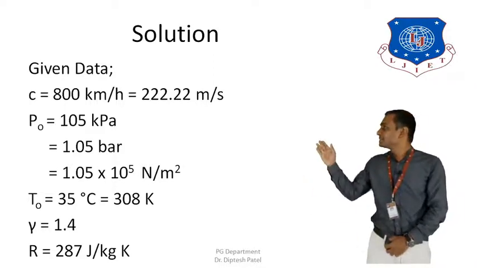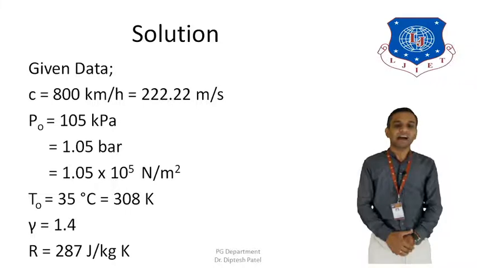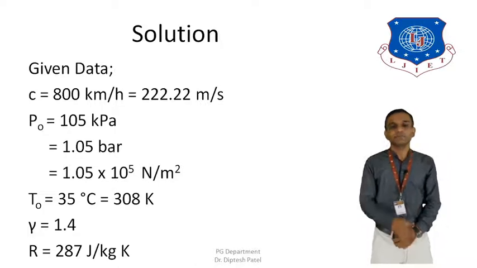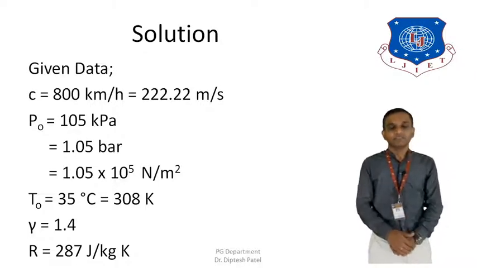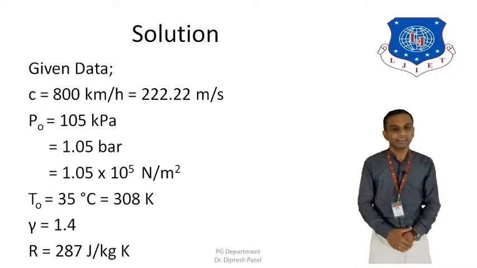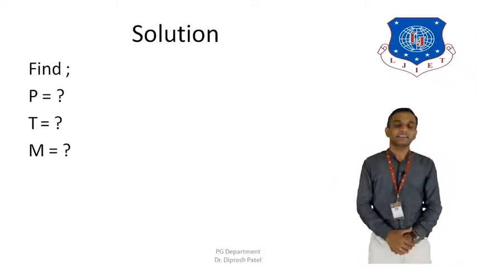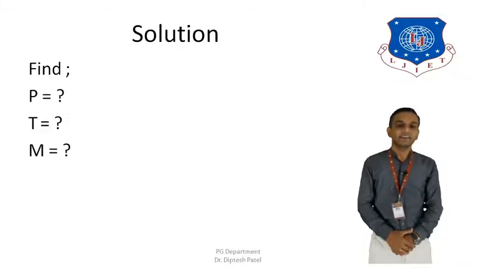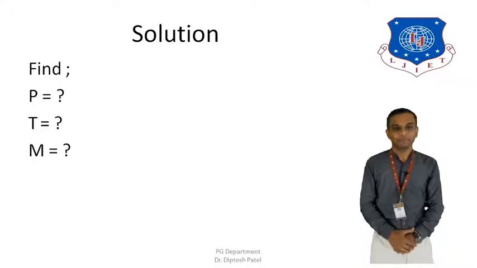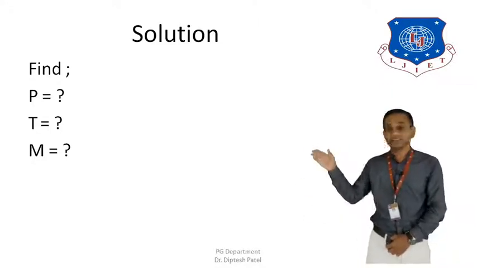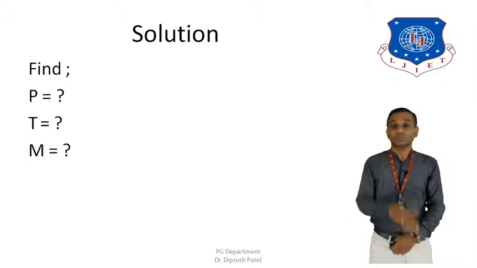So these are the three main important parameters which are given. Furthermore, I am going to take gamma is equal to 1.4 and characteristic gas constant R is equal to 287 joule per kilogram Kelvin. In some numericals these values are not given, so what we need to do is assume them. We can assume gamma is equal to 1.4 and R is equal to 287 joule per kilogram Kelvin. On the basis of that, we need to calculate first the static pressure, second the static temperature, and the third one is the flight Mach number, capital M. So these are the three different things that we need to go through to solve the numerical.